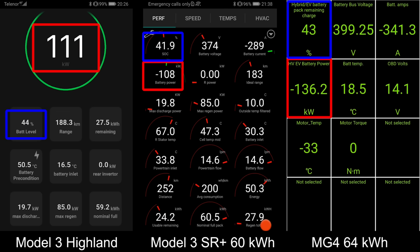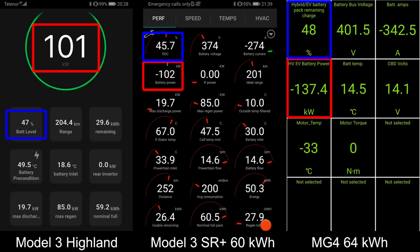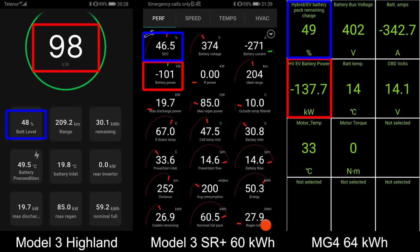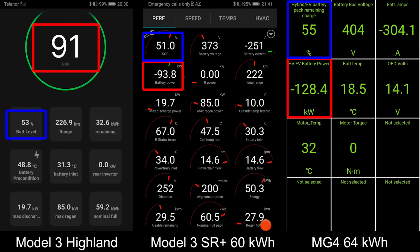Okay, but what's going on now? The Highland is still slowing down more and more. Same with the SR Plus, but the MG4 stays quite flat, and now the MG4 takes the lead at 50%. Now the Highland is at 49, right behind it, and then the old SR Plus is at only 48 percent. So I don't remember how long the MG4 can maintain the...